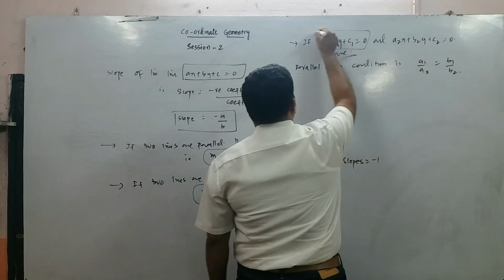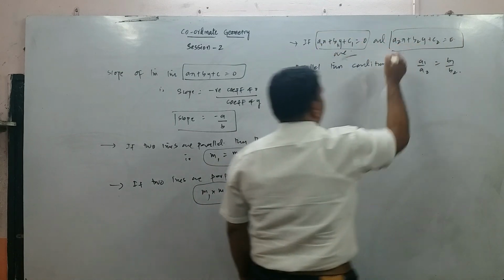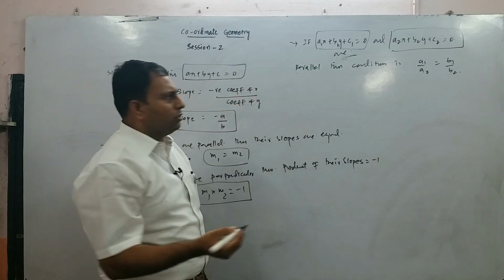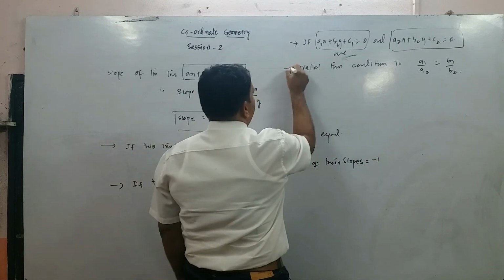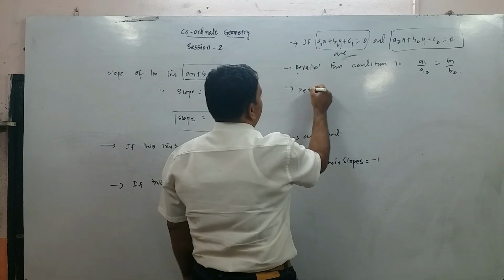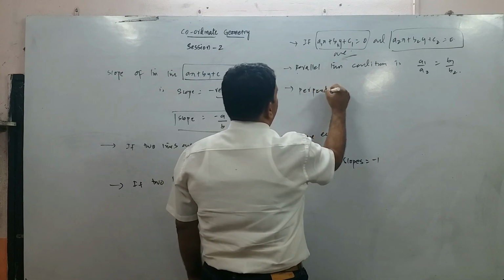Whenever these two lines are said to be parallel, you can utilize this formula, a1 by a2 is equal to b1 by b2. Now if these above lines are perpendicular,